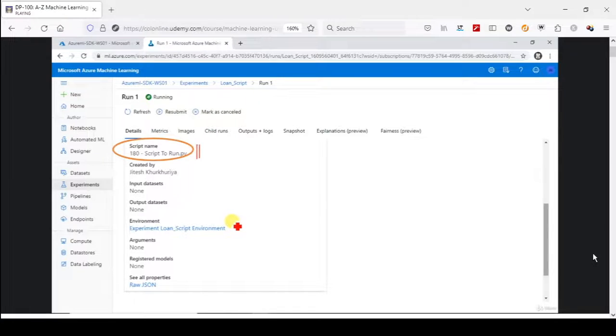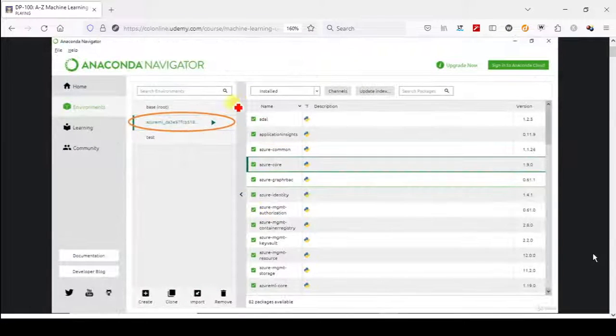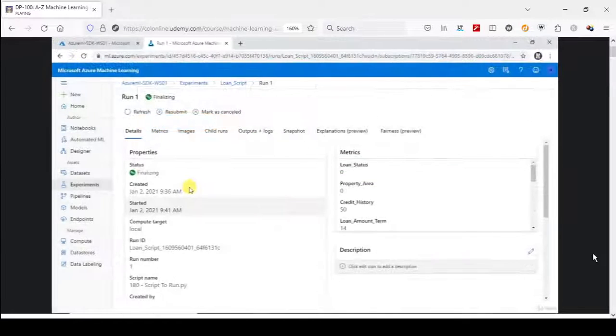Then we have the logical name of the environment in which this script is running. It simply adds this experiment and this environment to the experiment name. If you click on it, you will see this cryptic name that starts with AzureML. And this is the same environment name that we saw in the Anaconda environment. Alright, and once it starts running very soon, and most probably within a minute or so, the status will change